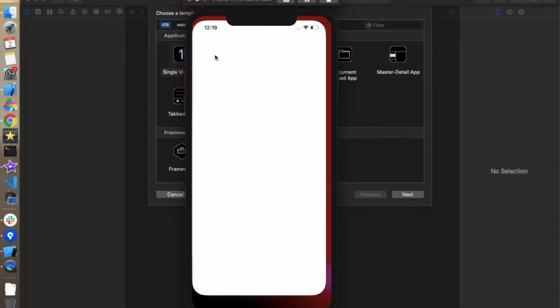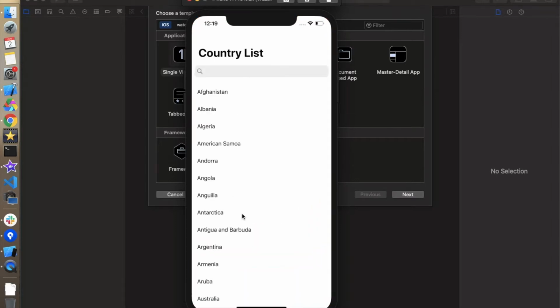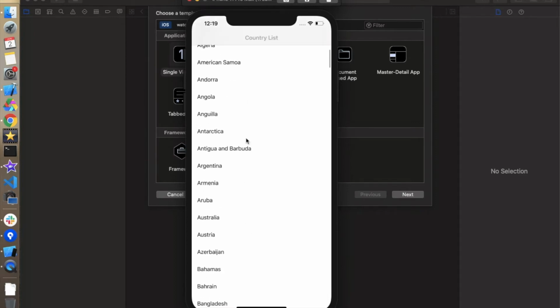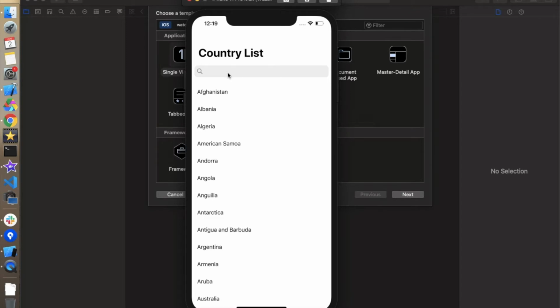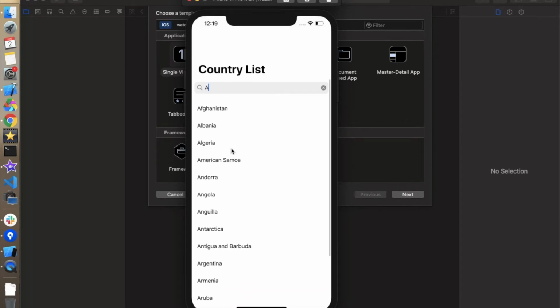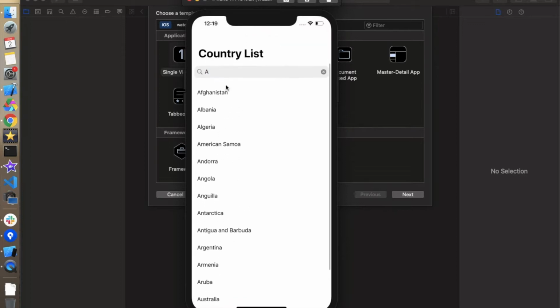So let's click on this thing, and this is our search bar. There is a list of countries on which we are going to search. Let's type something over here, and as I click on this A, it will only come up with the list of all the countries which have A as an initial character. Now let's type AL, and it will show all the countries which have AL as their initials. Now let's change this and type G and now GE. So it will show all the things in this array with those initial letters.